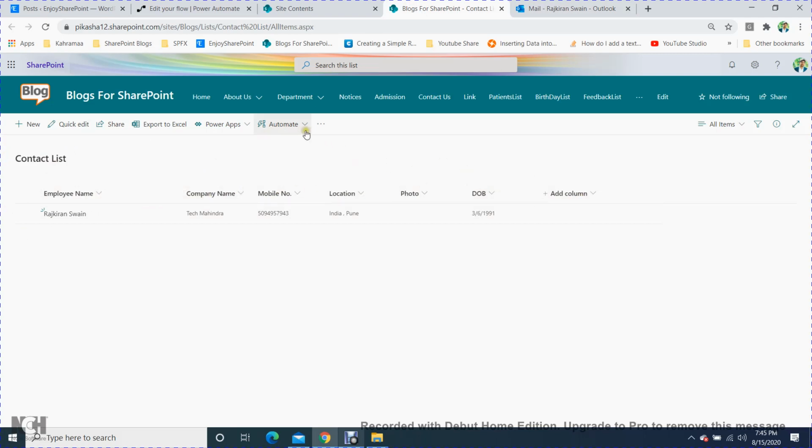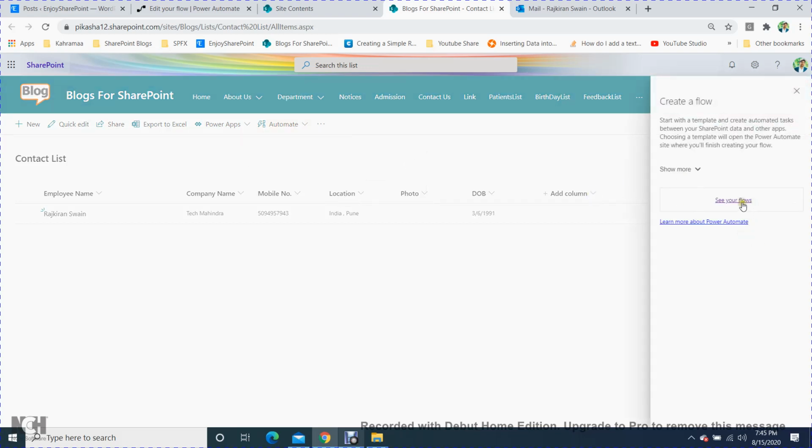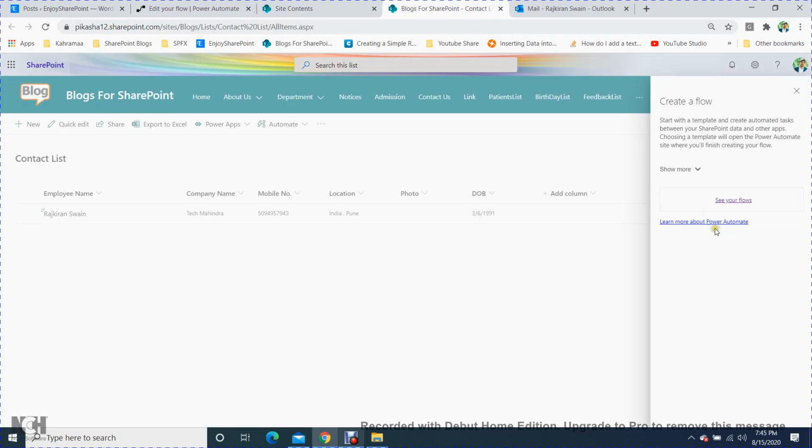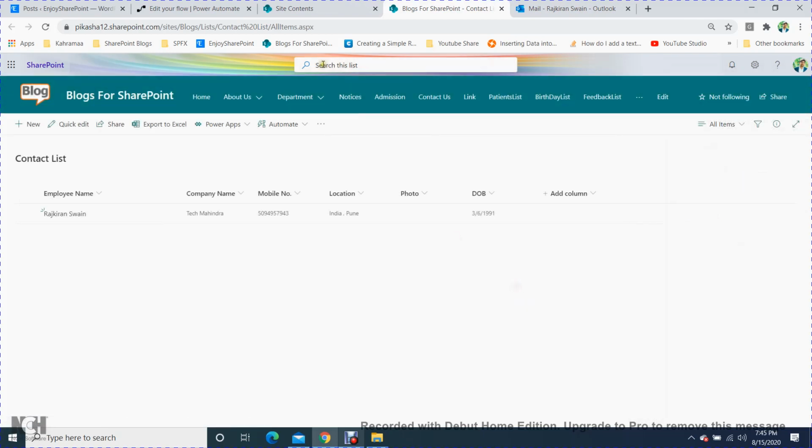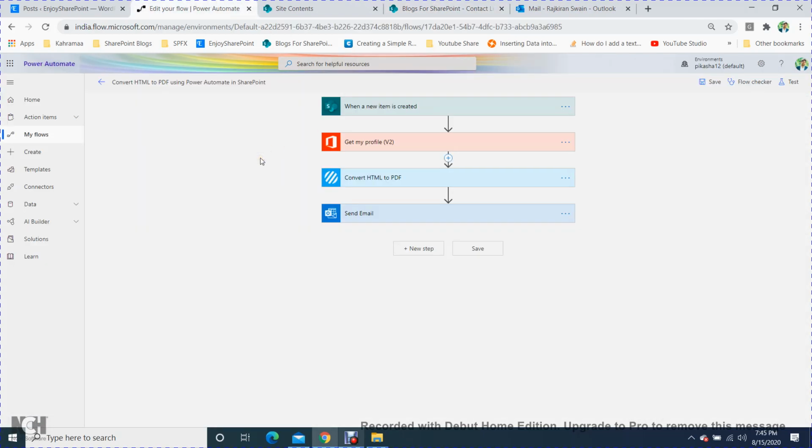Then we'll go to Power Automate. Here in Power Automate, just go to create a flow. This is my flow.